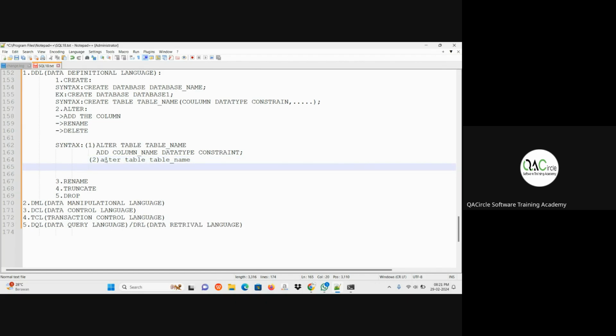Then what you are doing is renaming the column, so rename, and you should mention column here, since you are renaming the column. After that you should mention the old column name to new column name.